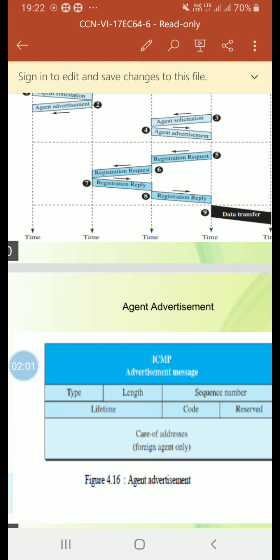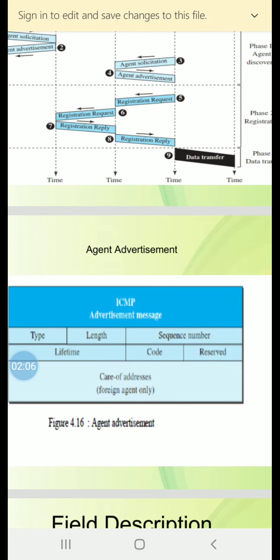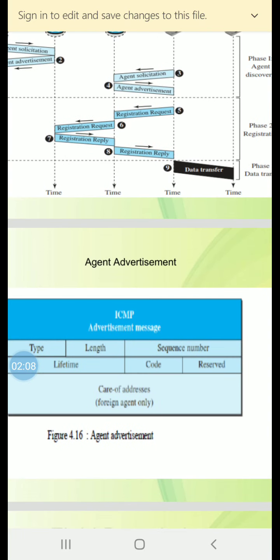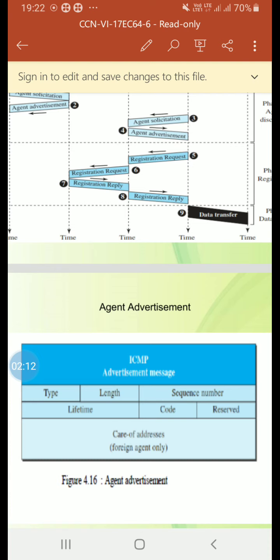Mobile IP does not use a new packet type for agent advertisement. It uses the router advertisement packet of ICMP and appends an agent advertisement message.